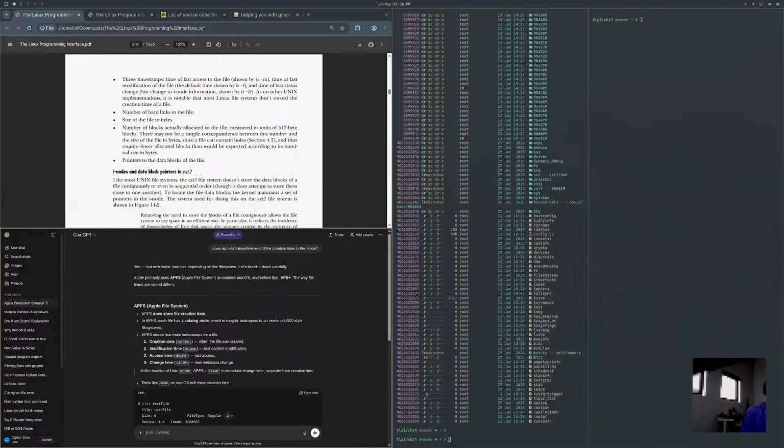APFS does not store file creation time. Wait a minute. Does not store file creation time. Creation time.